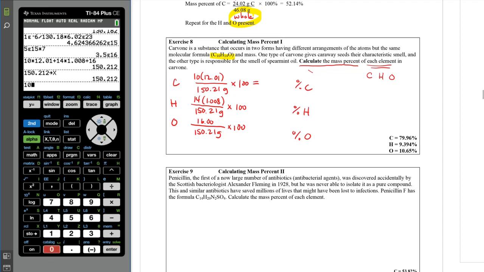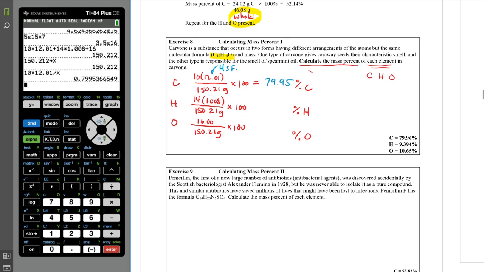So 10 times 12.01 for my carbons, divided by X, divided by that 150.21 that I stored. And then I take that times 100, that's going to give me 79.9%. Actually rounds off to 80.0%. Okay. Now my calculation here in my periodic table, I guess I could go a little more on significant figures. Because we have 4 significant figures here, my answer could have 4 significant figures. So